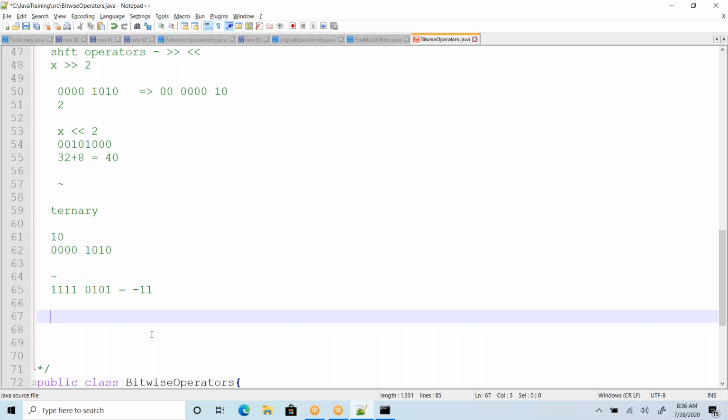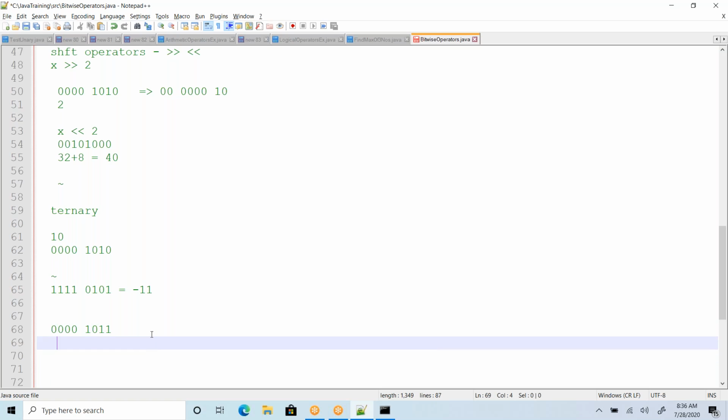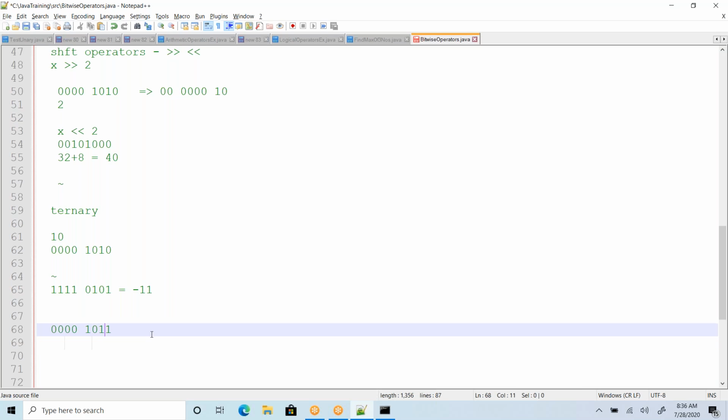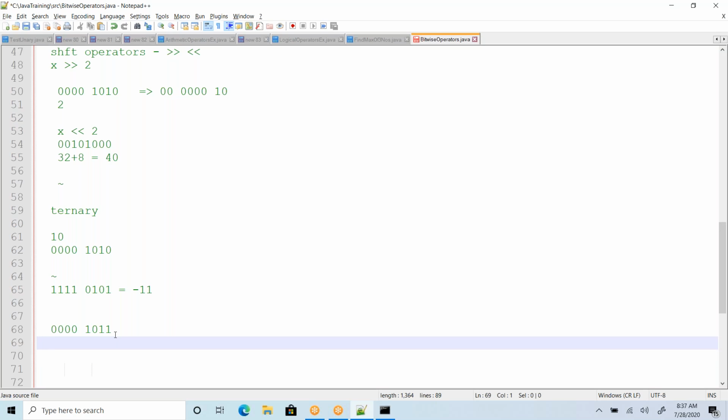So what is the value of 11? 0001011, right? This is the 11 representation. Now to get the negative value, we need to apply 2's complement. First, there is a concept of 1's complement.